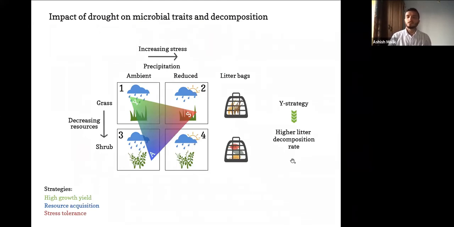And we measured a whole lot of things here. So we looked at the ecophysiology of the microbial communities using metagenomics to look at the populations in these different treatments and whether they have different life history strategies. We then did metagenome-assembled genomes through genome assemblies. And at time point 1, we also looked at transcriptomics and metabolomics to look at the short-term response of microorganisms to a wet-up. But the results of the wet-up I won't present here, as they are already published in an ISME paper that came out last year.